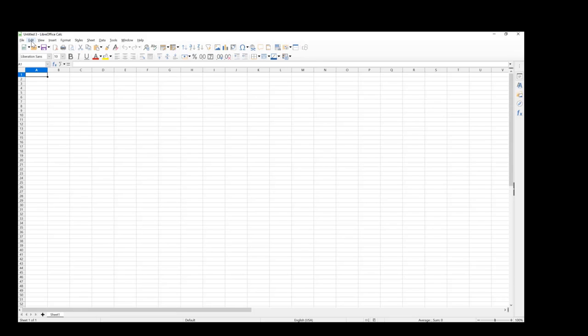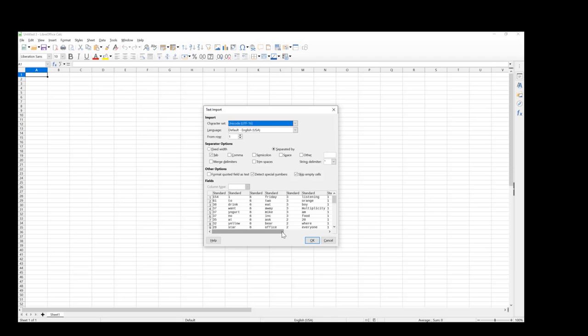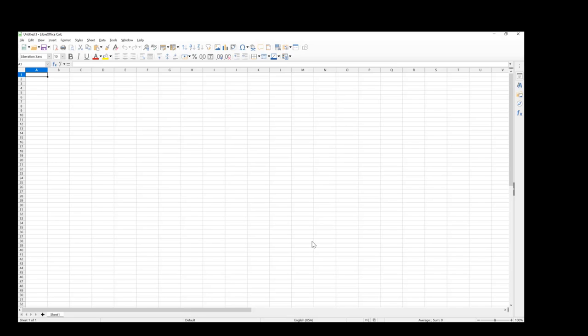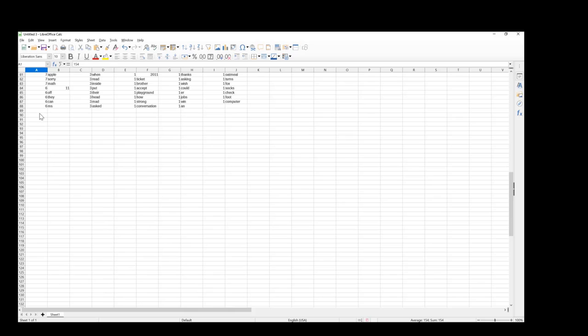Now when we go back to here, paste. I do unformatted text. It gives me a little reminder here, and the same thing here. We've just now got all those figures there. Once again, we can use